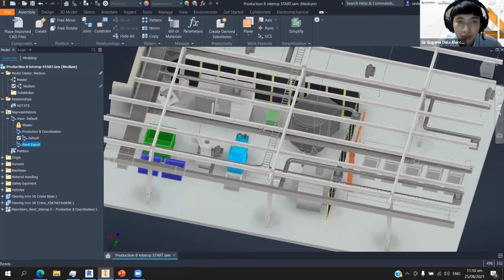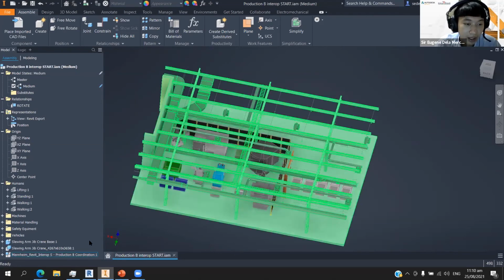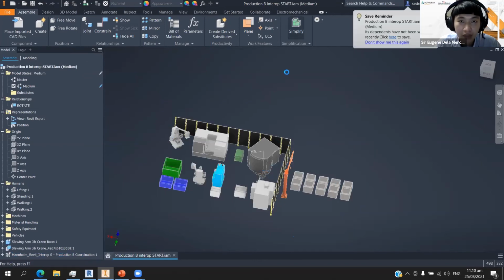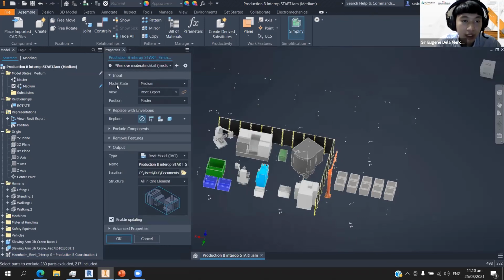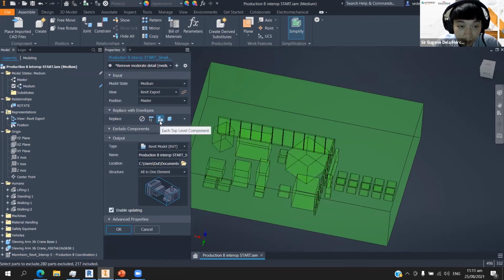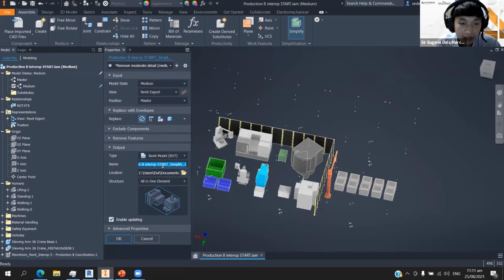What we are going to do is use the simplify command to export this as a Revit file so that we can link it inside Revit. So how can we do that? First, let's just hide the Revit file here and click our simplify command. In our simplify command, as you can see, we can select our model states, our views, and our positions, and we can replace components via envelope. As you can see here, all in one envelope, each top level component as well as each part. So for this instance, I'll just